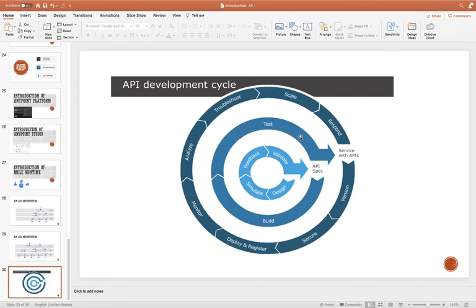Once we are done with our unit testing or whatever testing we need, then we will do versioning of our API. We will secure our API. As I told, we can apply SLA policy and all. We will deploy and register our API. Once deployment and registration are done, we will monitor our API. We will analyze. All these capabilities we have inside Management Center. We can troubleshoot, we can scale, and we can respond. So this is all about the API development lifecycle.